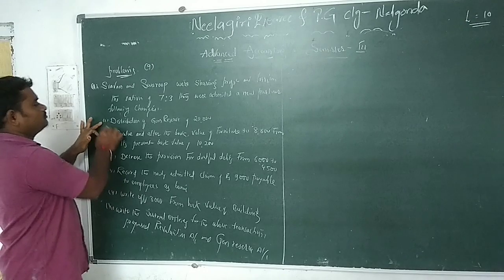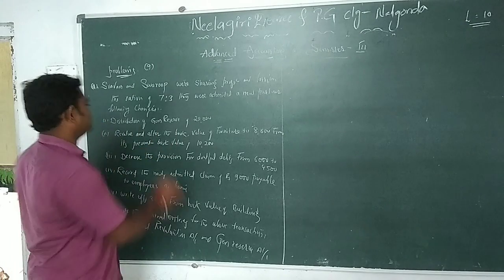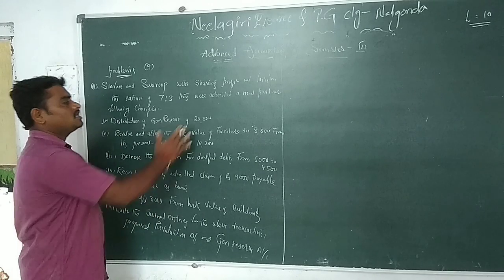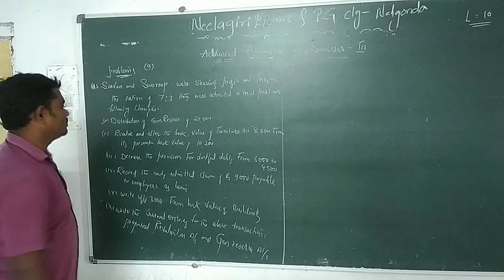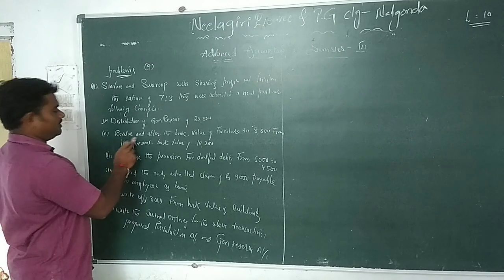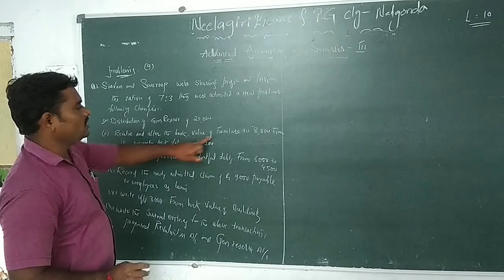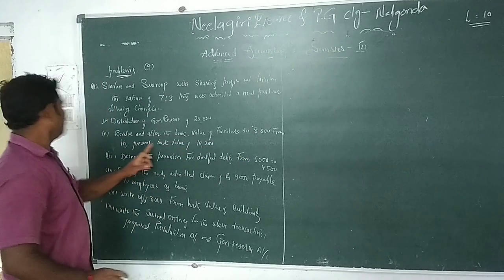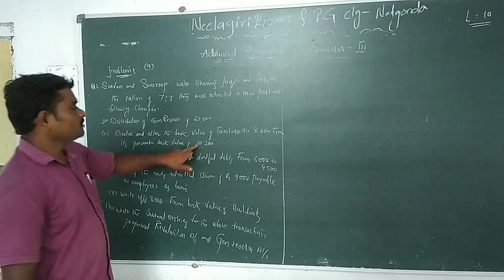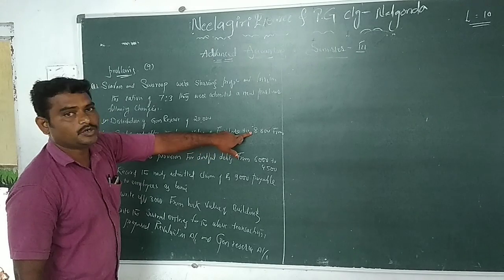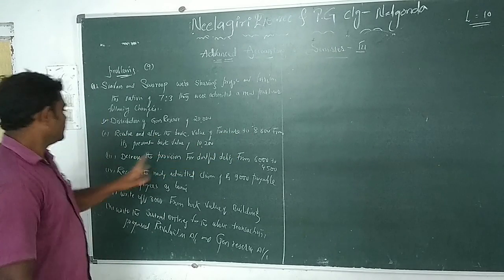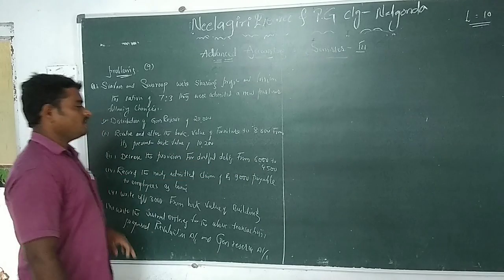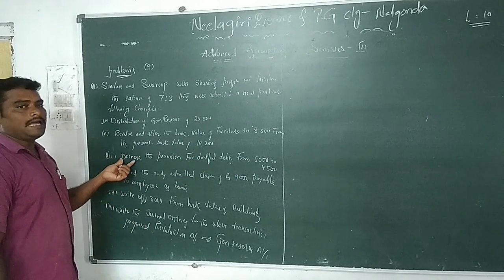Number 1. Distribute the general reserve of 20,000. The 20,000 general reserve is transferred to the old partners' capital accounts. Next, revalue and alter the book value of furniture from the present book value of 10,200 to 8,800. The book value of furniture decreases. Decrease the provision for doubtful debts from 6,000 to 4,500. When the provision decreases, the liability is decreased.